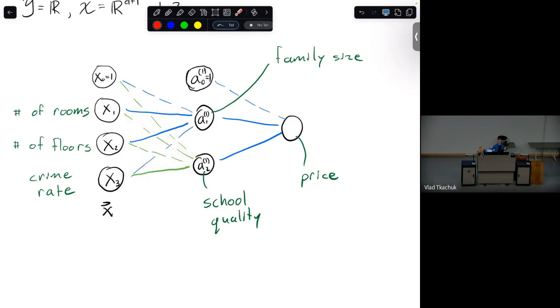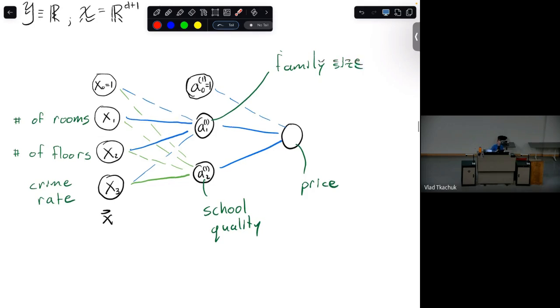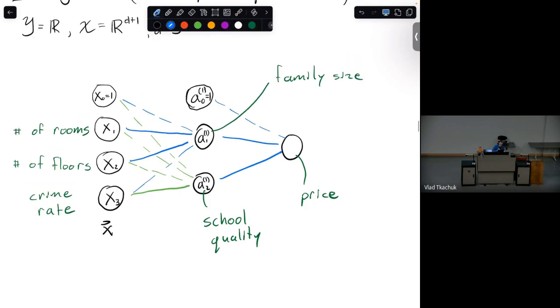Okay, so this is an example of trying to interpret what your learner might output in terms of the neural network. It might decide that these are the values of the weights it should pick, right? Because at the end of the day, what does it mean for your learner to decide what neural network or what predictor it's going to output? Well, that means it's going to pick some set of weights, which then defines your neural network, and that's the thing you're going to output. Okay, so this is one way to interpret this thing.